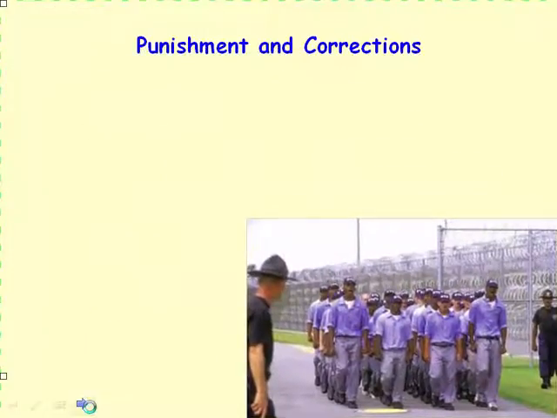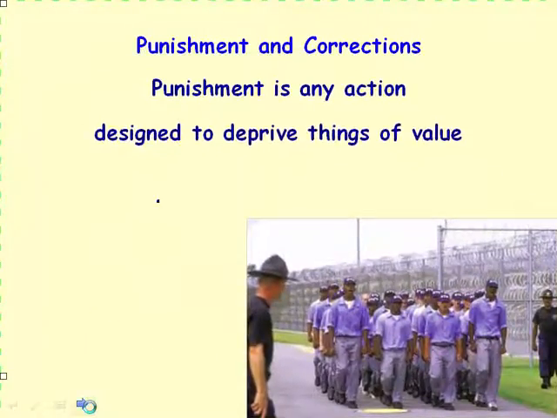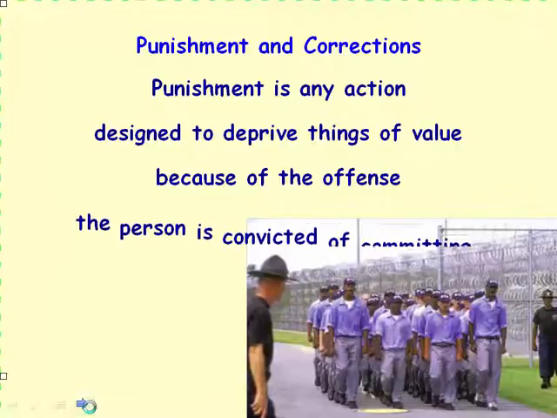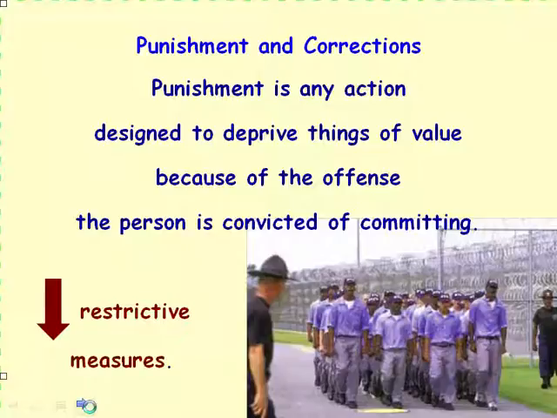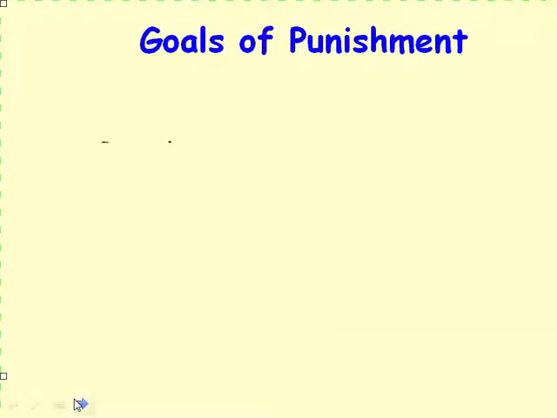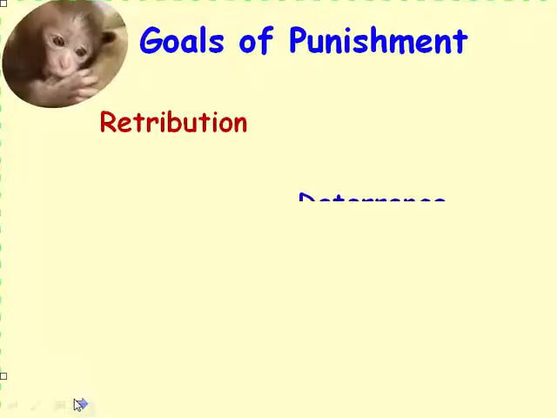Punishment and corrections are those actions designed to deprive a person of things of value because of the offense a person is convicted of committing. What is least restrictive measures, and why is this an important concept for the criminal justice system across cops, courts, and corrections? Goals of punishment include retribution, that punishment should fit the crime; deterrence, to reduce criminal activity through the